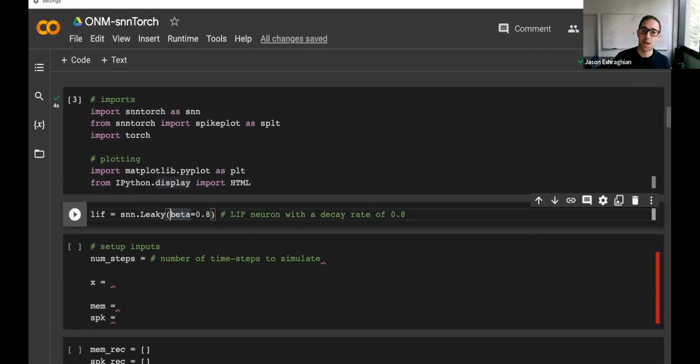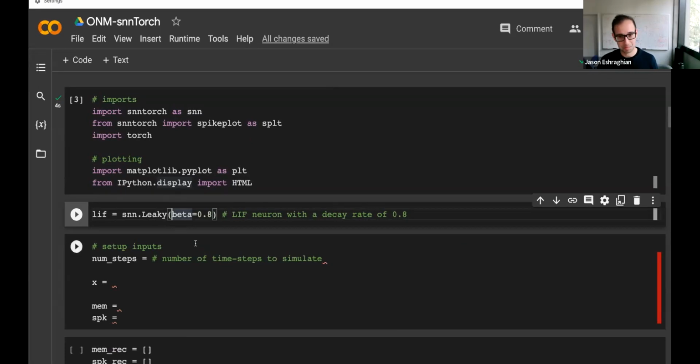But let's assume we are comfortable with those principles and just build a leaky integrate-and-fire neuron. The syntax for a leaky integrate-and-fire neuron is, unsurprisingly, snn.Leaky. There's a fair few arguments in there. The most simple leaky integrate-and-fire neuron that we can possibly define has just one argument, and here it's beta. Beta represents an inverse time constant, or alternatively, just a decay rate. We'll see exactly what that means, but it defines the decay rate of the neuron's membrane potential.